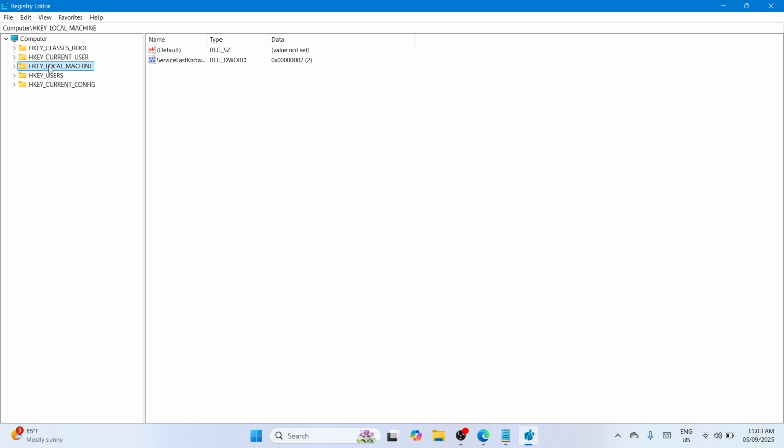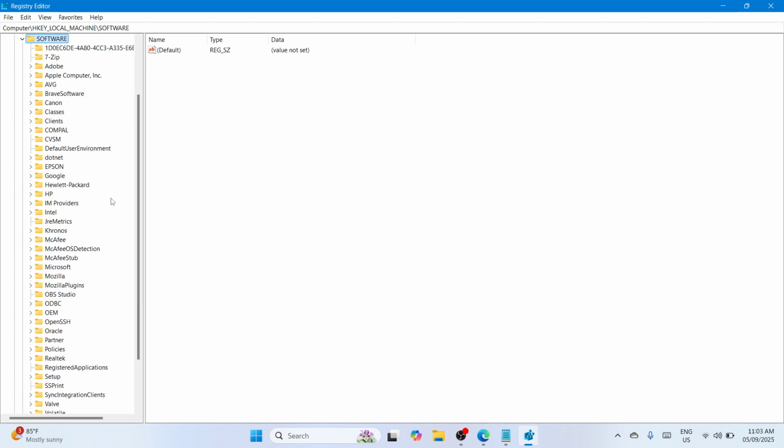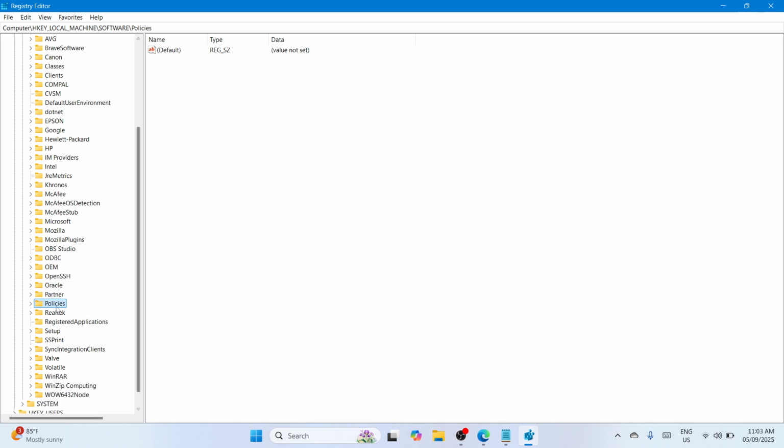Please proceed with HKEY_LOCAL_MACHINE, double tap it, and navigate to Software, double tap, and here you need to navigate to Policies. At Policies, you need to double tap it again to expand it, and this time proceed with Microsoft, double tap, and locate Windows Defender. Select Windows Defender, and from here,